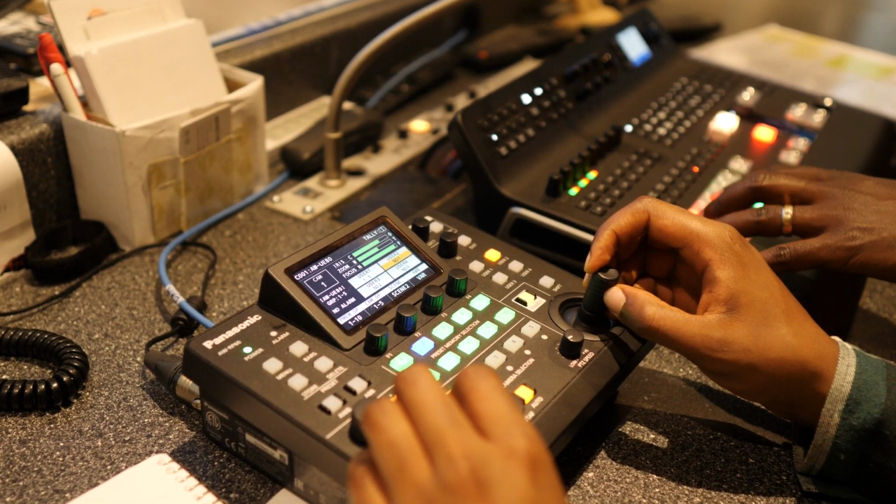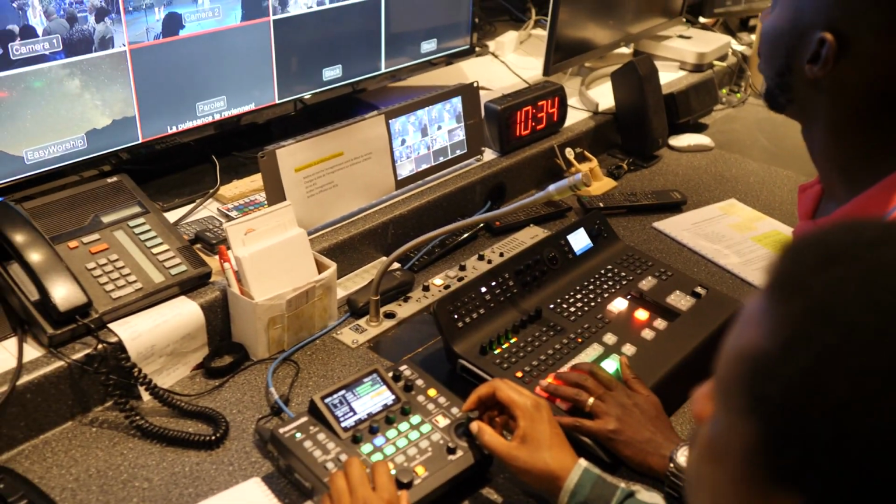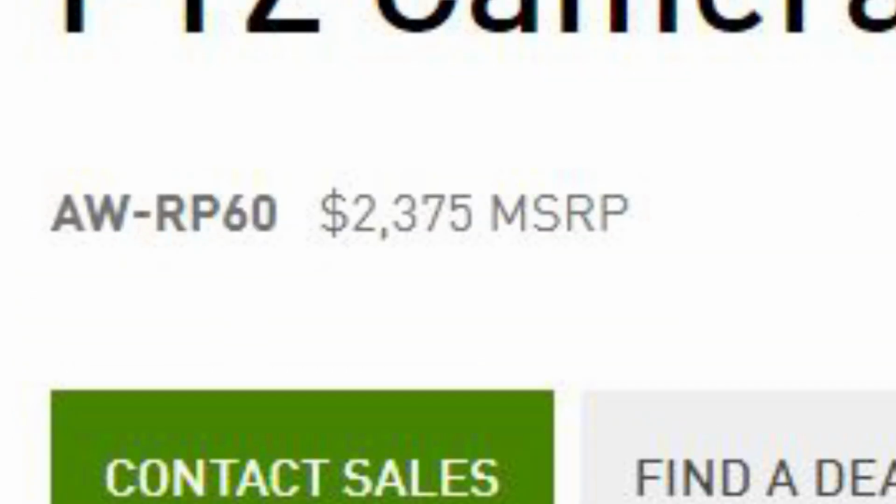Of course, you can do a lot of things, but I don't want to go deeply into it because it's just an amazing tool to have, and of course comes with a price. So if you don't have the budget to get the controller, Panasonic does have a web interface that you can use to connect your camera and control it through an interface, which is going to be 100% free. So if you're not ready to invest in the controller, you should not worry, because you could still control the camera